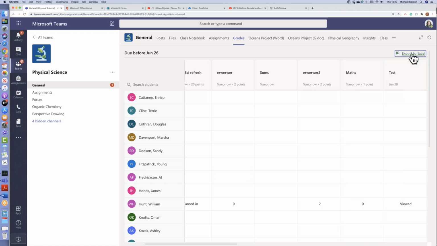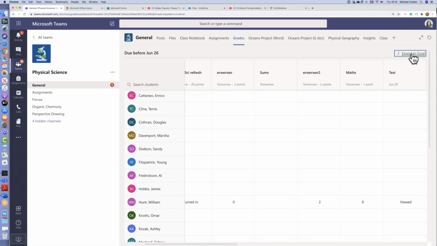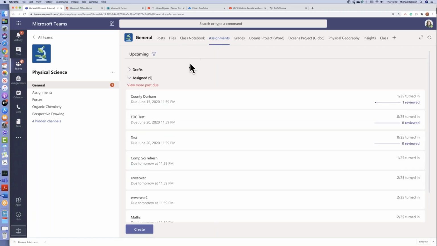And then if my senior manager wants to see that data, I can either invite them to be a member of the class, a teacher of the class, or I can export this content to Microsoft Excel, and then you can manipulate that in any way you wish. You can turn it into charts, and I know there's other options that Microsoft are looking at. So a really, really nice way of being able to set assignments and get the content back from them.